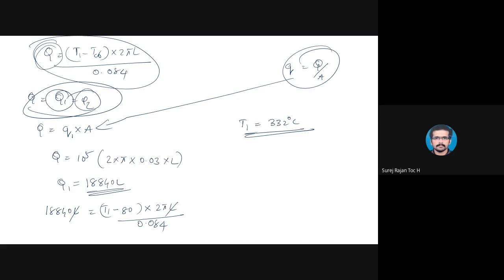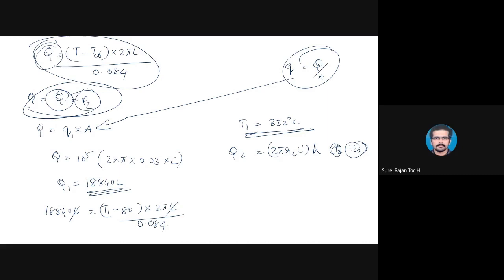Then we move to the next part, where you have to find out the outside surface temperature. T1 we have calculated, but T2, the outside surface temperature, we don't know. So the same Q2 is the other mode of heat transfer taking place at the outside surface, that is by convection. Q2 is equal to 2 pi R2 into L into h, that is the heat transfer coefficient, h A delta T, into T2 minus T infinity. T2 is the outside surface temperature and T infinity is the surrounding fluid temperature.